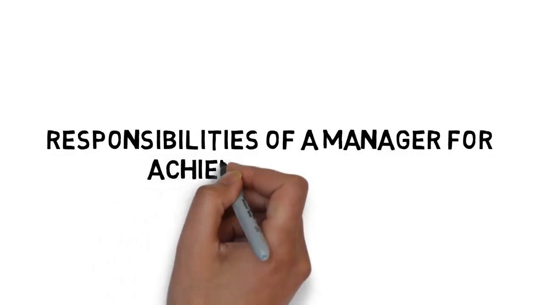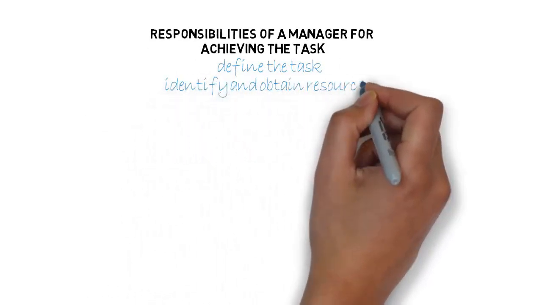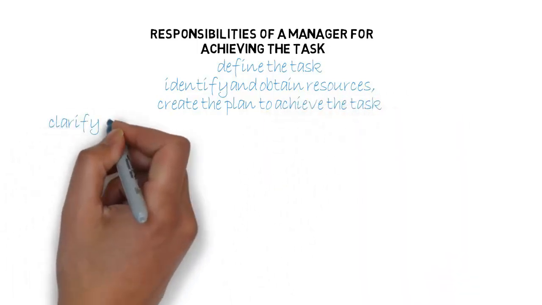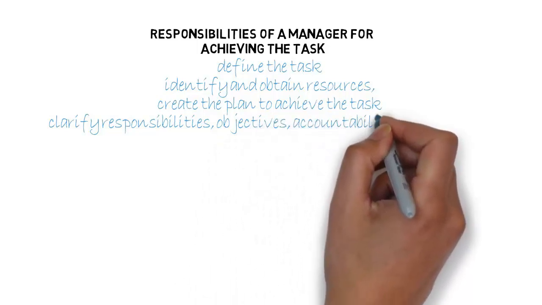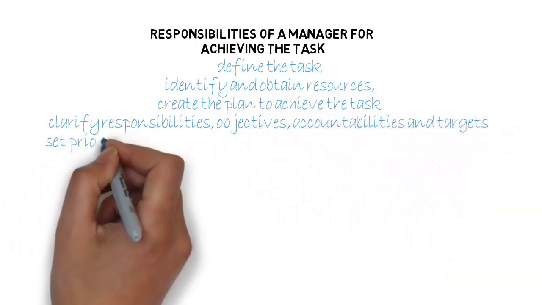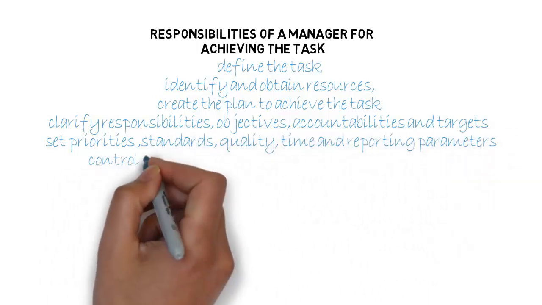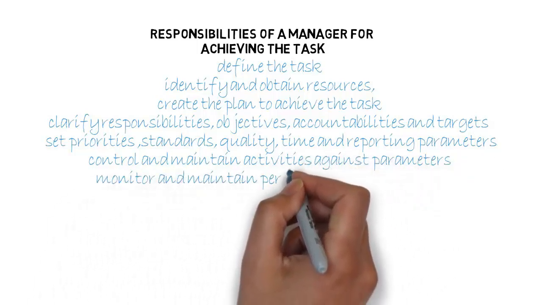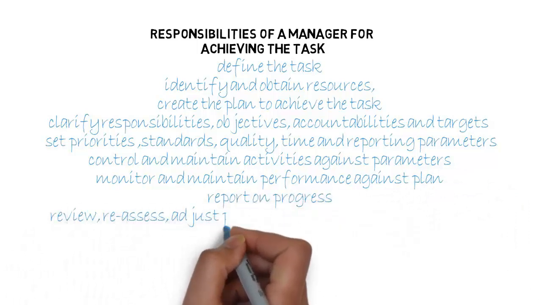Responsibilities of a manager for achieving the task are to define the task, identify aims and objectives for the group, purpose and direction; identify and obtain resources, people, processes, systems and tools; create the plan to achieve the task, deliverables, measures, timescales, strategy and tactics; clarify responsibilities, objectives, accountabilities and targets; set priorities, standards, quality, time and reporting parameters;